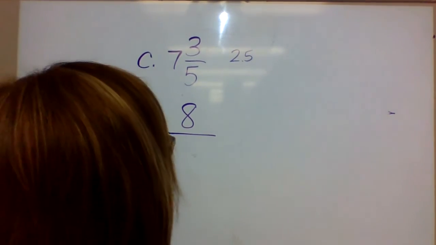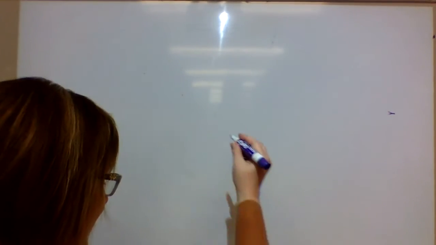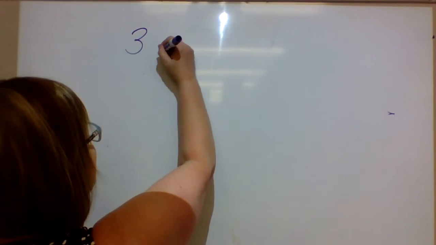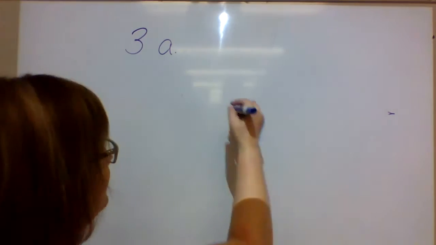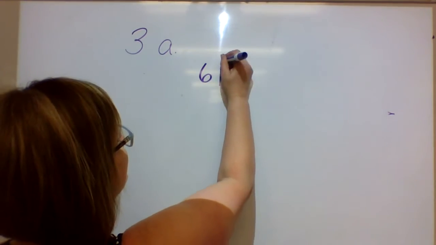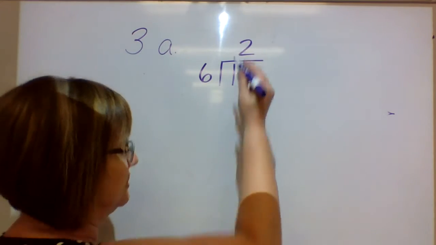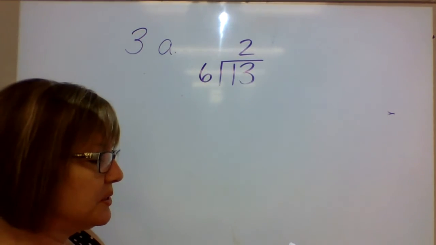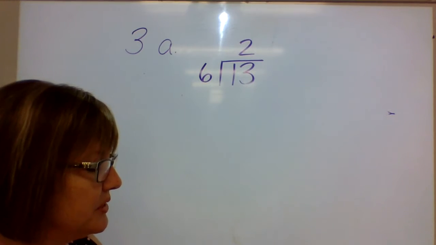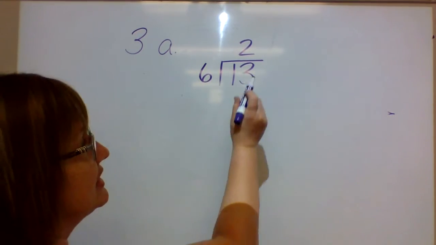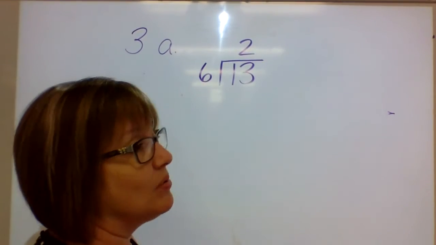Okay, and then the next section, section 3, is we're going to put this into practice as we divide. So we're going to divide 6 into 13. Okay, 6 goes into 13 2 times. By the way, it says we're going to round to the nearest whole number. So in order to round to the nearest whole number, you have to have either a decimal to know, or